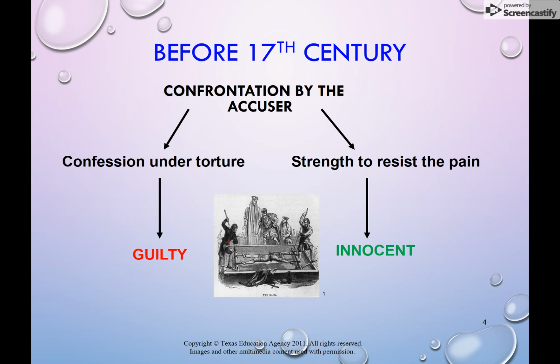And then they would torture you. And if you confessed to the crime under the pain of torture, which, to be honest, a lot of people would, then automatically you were guilty and something happened to you, some kind of punishment. They put you in stocks, they cut off your hand, they killed you, whatever. But if you had the strength to resist the torture, if you could keep saying, "I didn't do anything wrong," even though they might have been clipping your fingers one by one or burning off your knuckles or who knows whatever else, then obviously you were innocent. Yep, that's where our judicial system came from, people. Aren't you glad you live when you live?